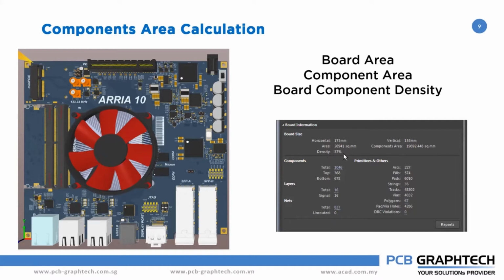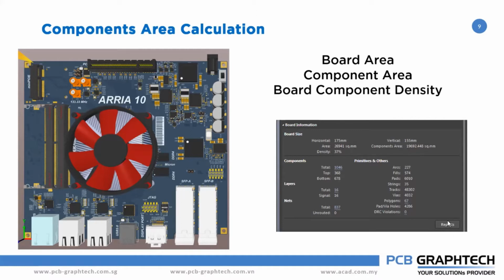And next you can calculate the density. The density is calculated using a formula. In Altium Designer, the formula we use is double the area of your board divided by the component area, which will give you the density in percentage. So doubling the area of the board divided by the component area, we can calculate the density. By default we can see it in your board here, and you can also see the Report button in your properties panel here.